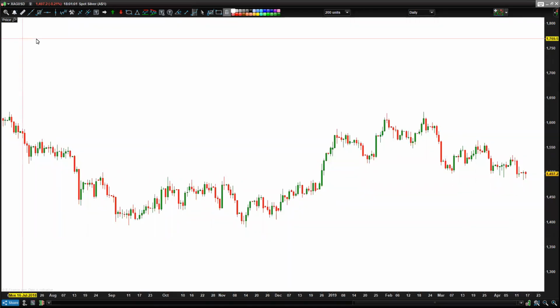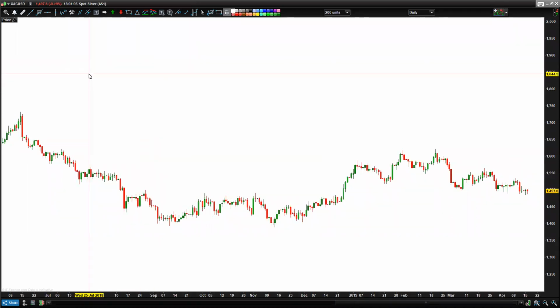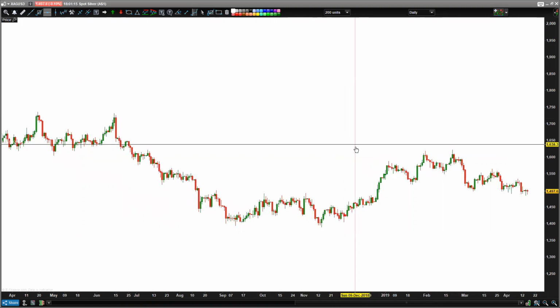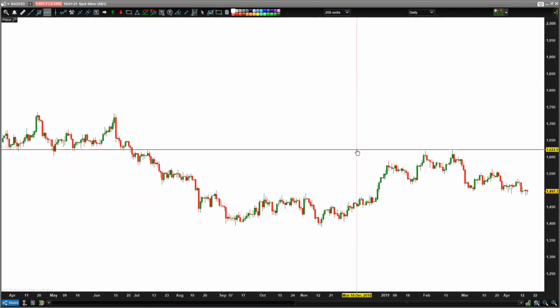So if we pan out a bit, I'll just start to talk about why I'm interested in this chart and why I'm using it as an example for beginners who are looking to start out on their trading career. The reason why I've pulled this one up is A, because I'm buying into it, and B, I think it's a nice technical clean chart to